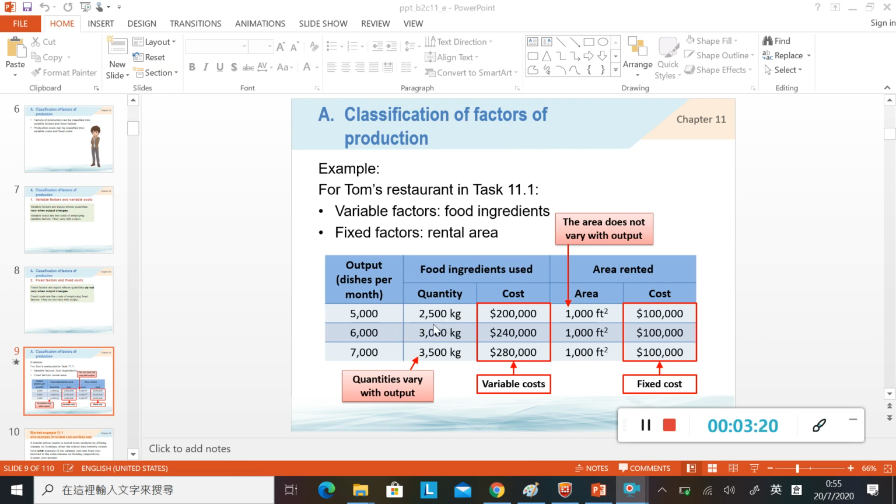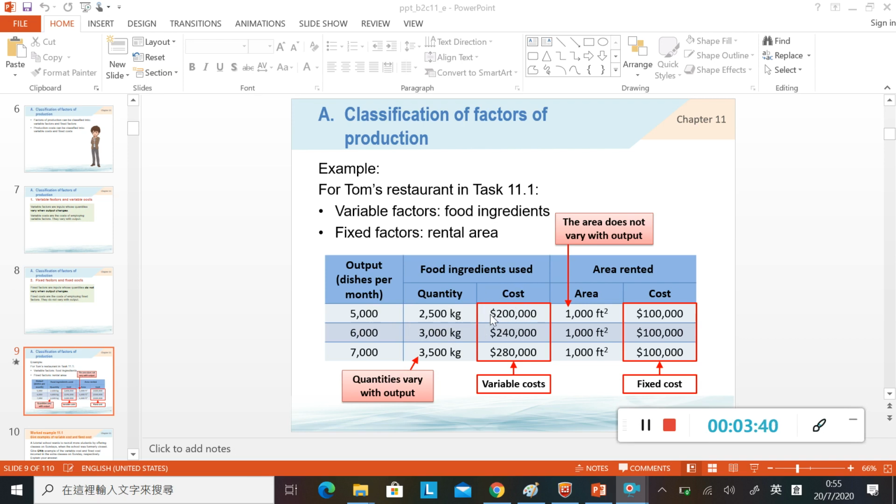Okay, so it vary with the output. So the food ingredients are variable factors. 咁你見到呢個 case，food ingredients 就係 variable factors 啦，因為 output 增加，food ingredients 都會增加。